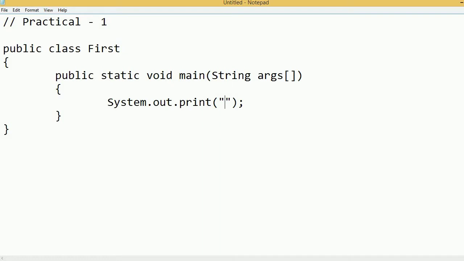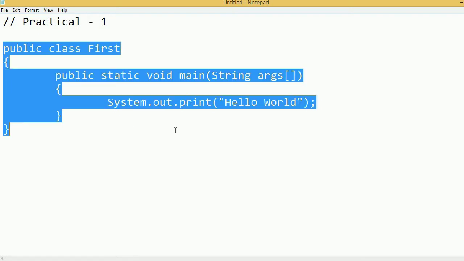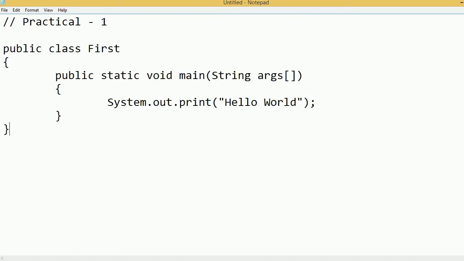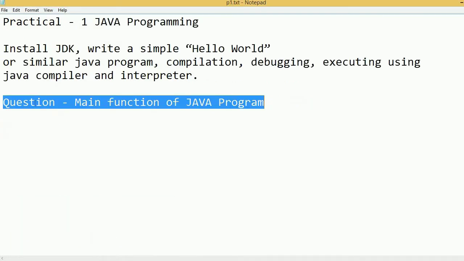And public, class, all these are small. Public, static, void main, all these are small. And in String, S is capital, right? You have to remember that S in System and S in String is capital, right? Using the System.out.println I can print the hello world, right? As you can see that I have given the System.out.println.